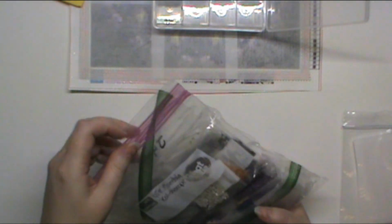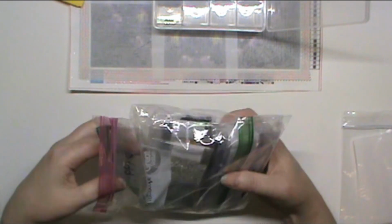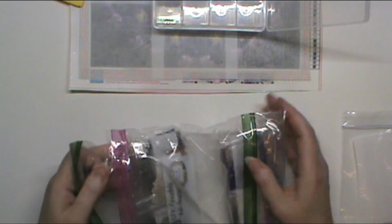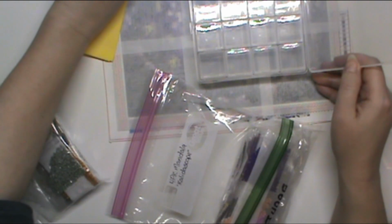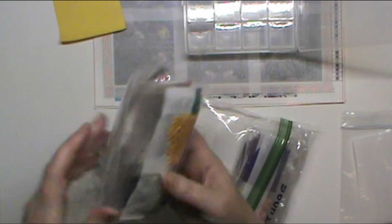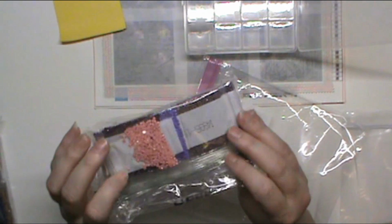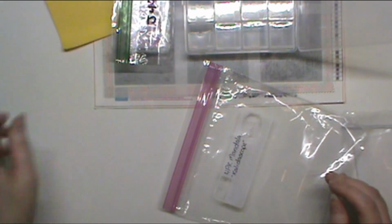So here is, you know, you guys remember this is how I keep the drills, and I have them labeled. This one is J4995, so that one is not it. I mean, as if I couldn't tell with the purples, but so here are the drills for that one, and these are for the other one that I will,